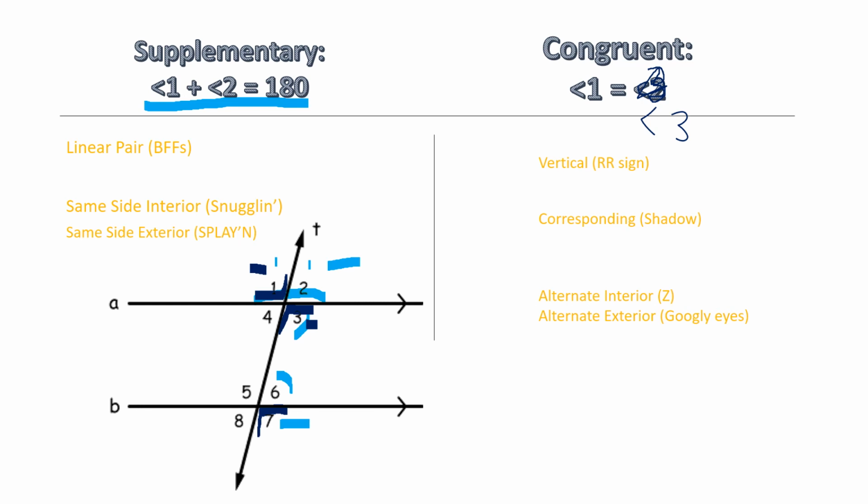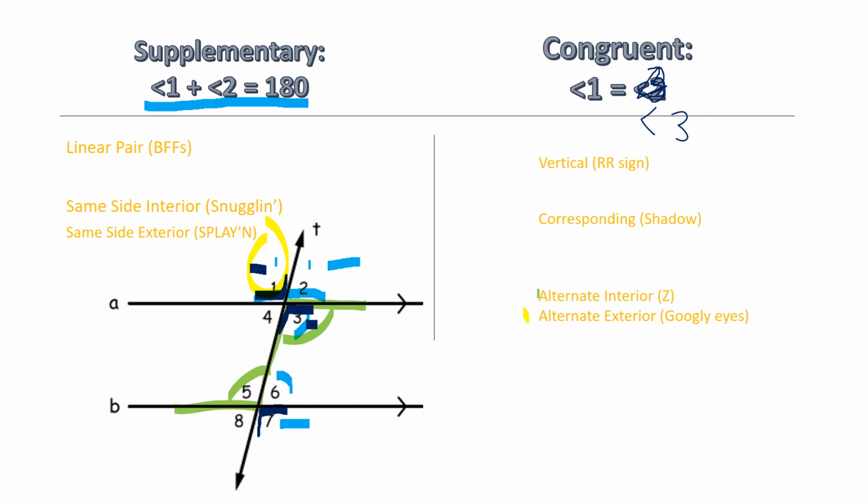I'm going to switch colors for these two. Alternate interior. Let's go the backwards Z. Might as well. This one and this one, look, they're both obtuse. They equal each other. And then this one, alternate exterior, let's go this one, and then opposite side of